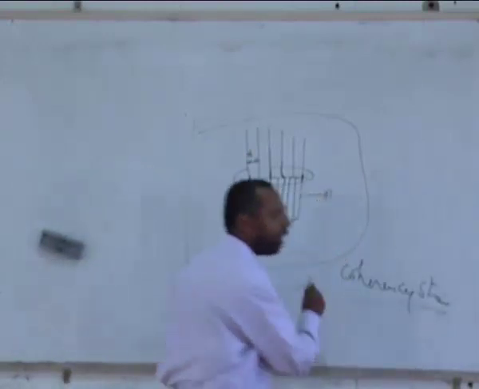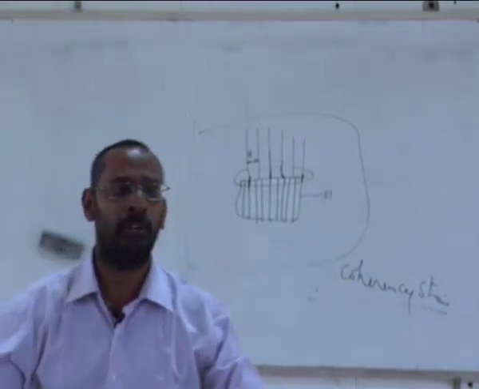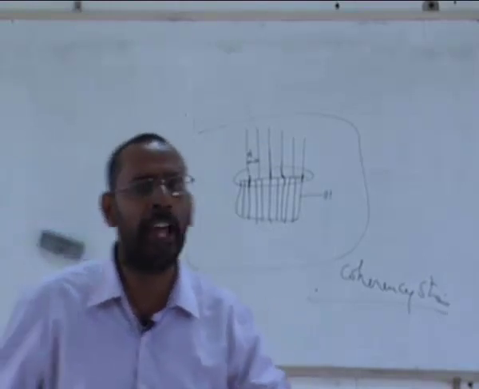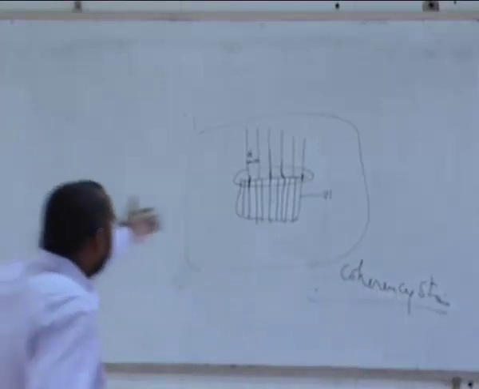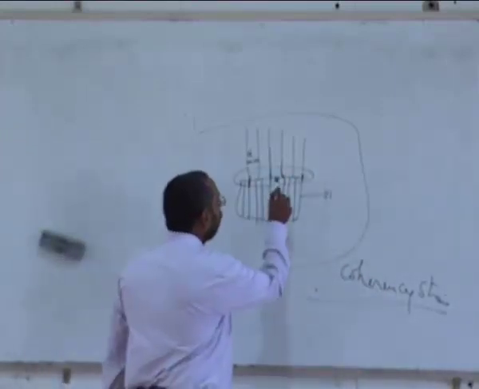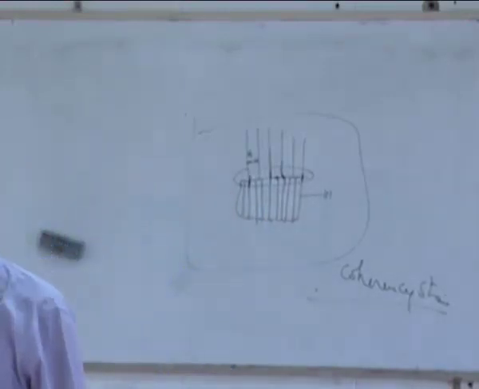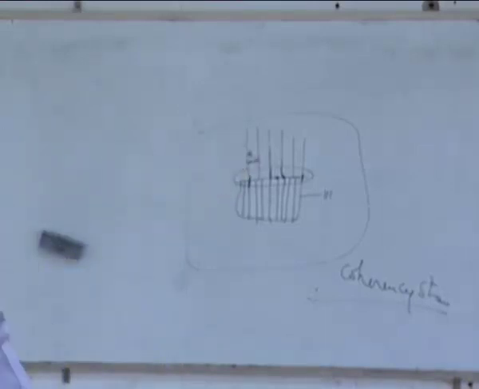Because this coherency is at the atomic level, you cannot see it in an optical microscope. You know the resolution of an optical microscope is only 100 or 200 nanometers. These are all at atomic level. The distance between any two of these is maybe a few angstroms only. So you will not be able to see this. You need to go to a microscope where you can see this, for example, an electron microscope, where you will actually see dislocations at the interface and then say, yes, this is semi-coherent.